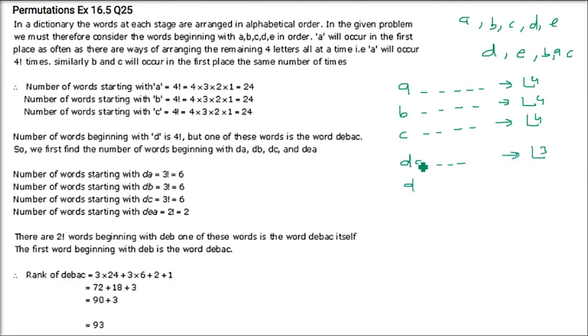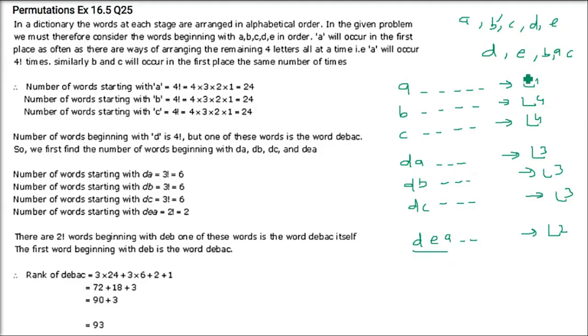So factorial 3. After A, what will come? B will come. B, 3 positions, factorial 3, 3P3. Now after that, what will come? C. Again 3 positions, factorial 3. Now after A, B, C is done, now what will come? Now E will come. Now D will come. So now you see the formation. Again, we start with A. So 2 positions are there. It will come as 2. Now DE. After DE, A. After A, what will come?